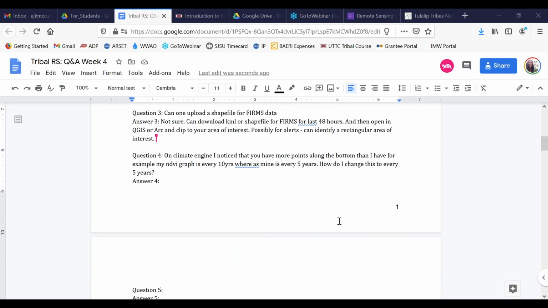Okay, the next question on Climate Engine: I noticed that you have more points along the bottom than I have for my example. The NDVI graph is every 10 years where mine is every 5. So a couple of things might have happened here. Double check your date range to make sure that you've included the proper time frame. The other thing that could happen is the